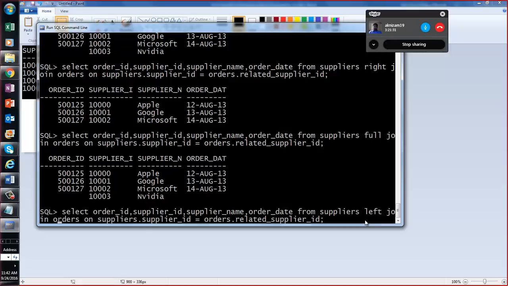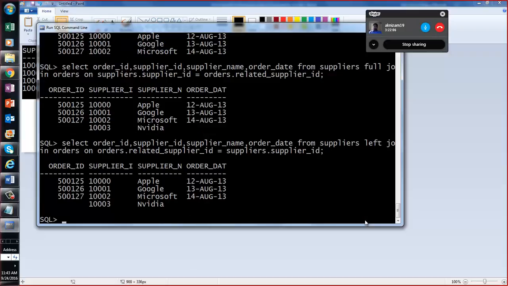the where statement. We want to say orders.related_supplier_ID equal to suppliers.supplier_ID. Now if it executes, it will give you the same thing because this ON doesn't matter. It matters what you put in the left side of that left join. That last question is making the relation